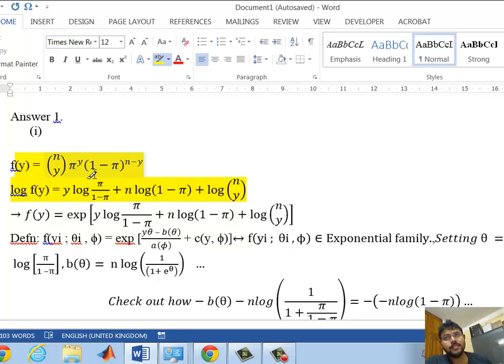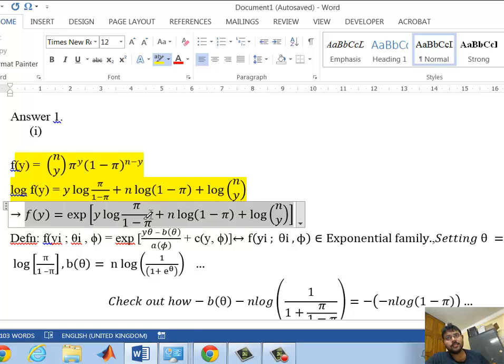You will see n log, which is basically breaking this up, n log 1 minus pi, and then I have taken y log pi and y log 1 minus pi into one term, and then I get this term,